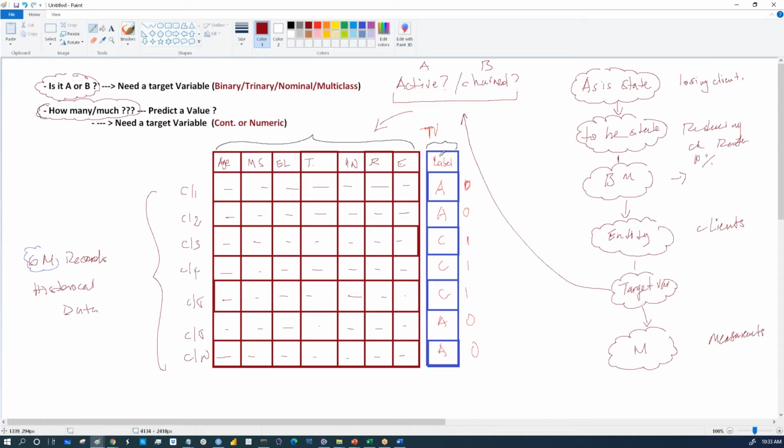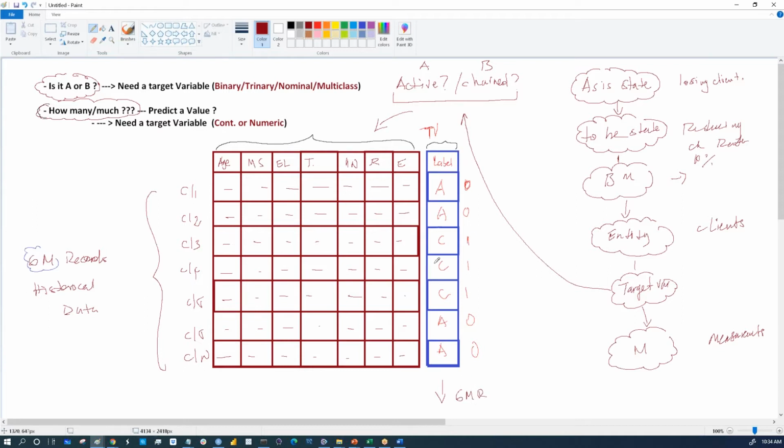In our case, we don't have a target variable. So we are going to either do this systematically or manually, or hire someone to do it for us. We are going to go through all the 6 million records that we have in the historical data, and label them as either A, meaning active. Client number one is still doing business with us, so let's give him or her an A. Client number two is still working with us, so an A. Client number three is gone, no longer doing business with us, so here's a C. Client number four is C, five is C, and we go through all our 6 million